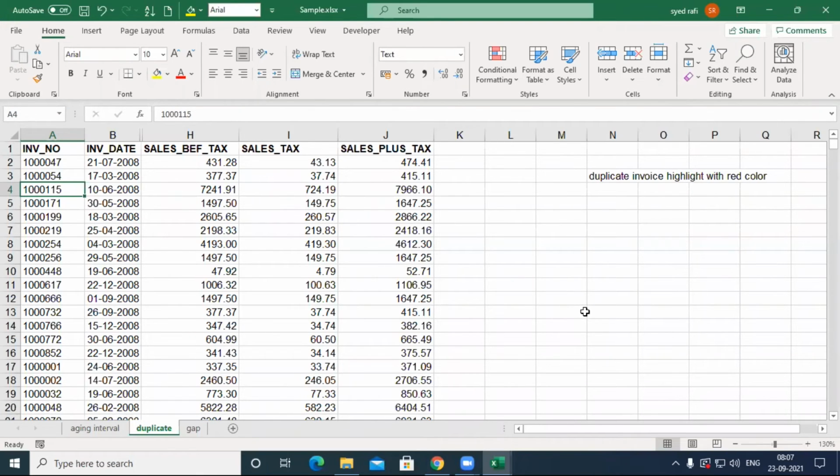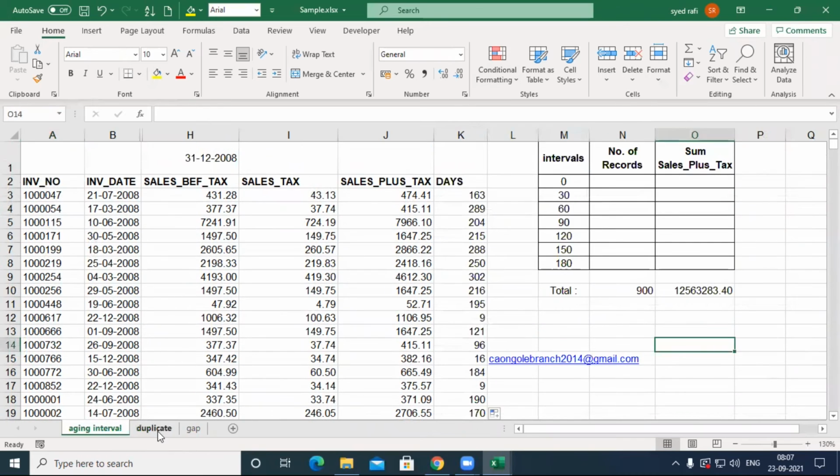Keep in mind, if you want to highlight, anyone can use highlight, but you must go through conditional formatting. You must do these three.